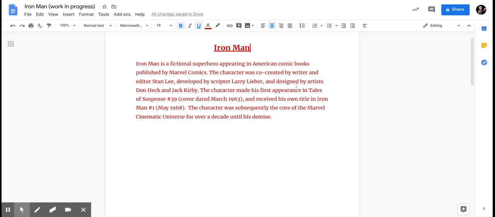I've decided I want to add an image to my Google Doc, my piece of writing about Iron Man. So I could open a new tab and search for it and copy and paste it across, but because it's all Google, it's integrated. So I've got a little icon here, which is a picture, which is image, insert image,